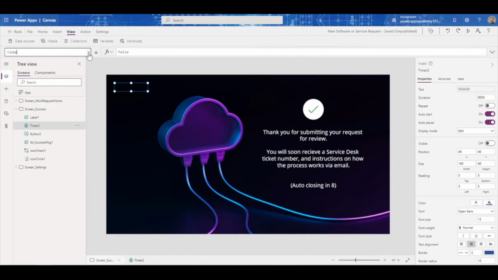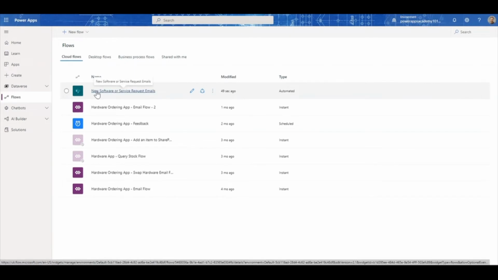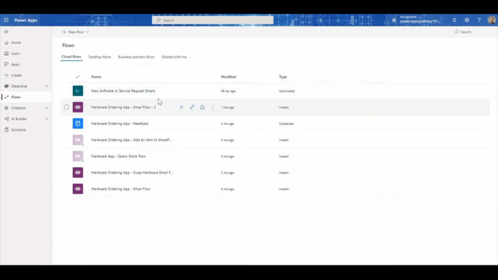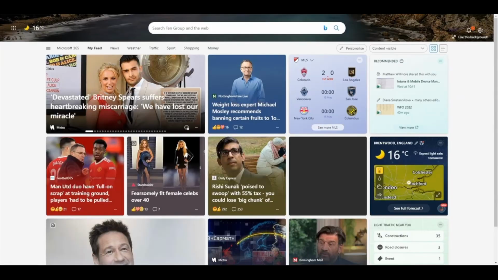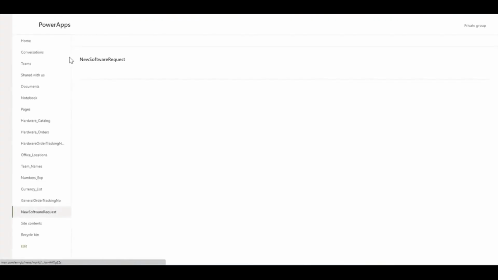Right, so let's have a look at the emails that have been sent. Click on the submit button. I showed you in the code of the submit button, there is one email sent via the HTML send email function within Power Apps itself, and I'll show you what that email looks like. But I've also set up a Power Automate flow, so that when a new record is added to the SharePoint list, our SharePoint list over here that we've created,